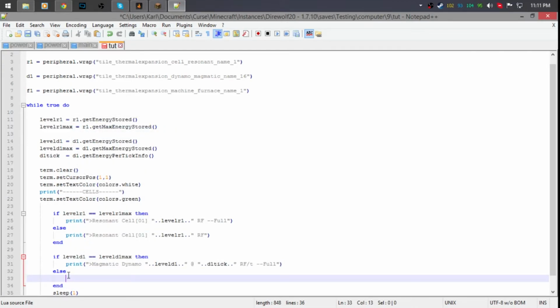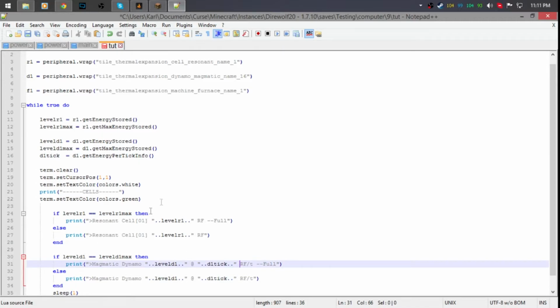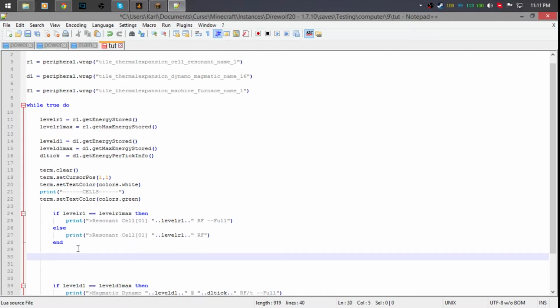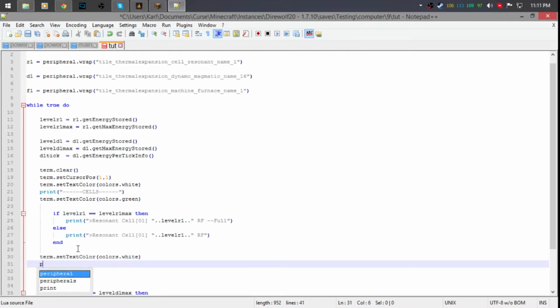And the advantages of a text editor are very fulfilling. And we can just get rid of the full. Just like that. Awesome. So now one thing you want to do is, you can see this is cells. Well, this is a dynamo. We don't want that under cells. So what we can do is do term dot set text color colors dot white, and do print,